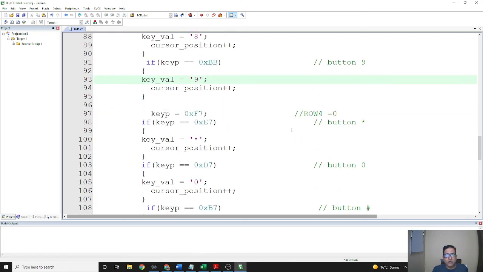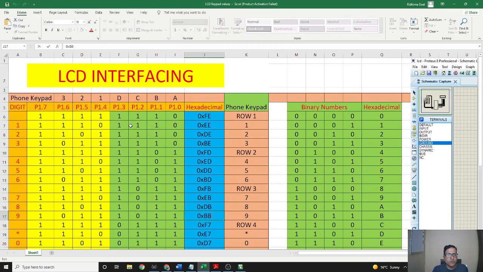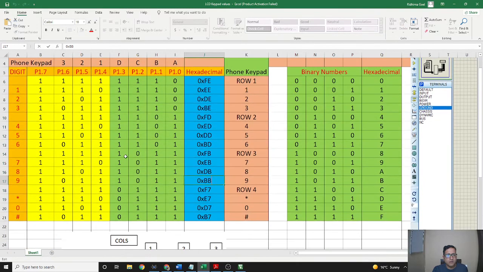Likewise for the fourth row, now D will be 0. Here you can see these D's are 0, which means we are talking about the fourth row.